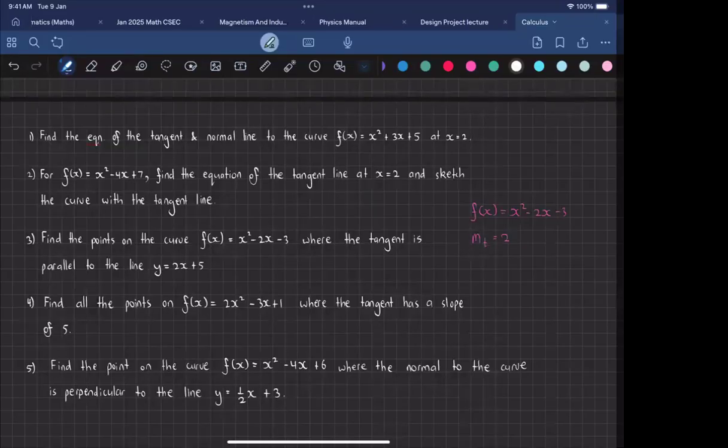So that would mean that the gradient of the tangent is the same, because it's parallel. I like where you're going with this. Continue. So you could use the function, and they wanted you to find the points on the curve. So you could use the function